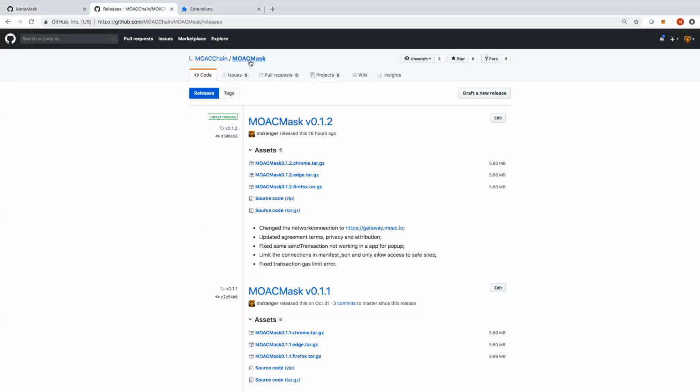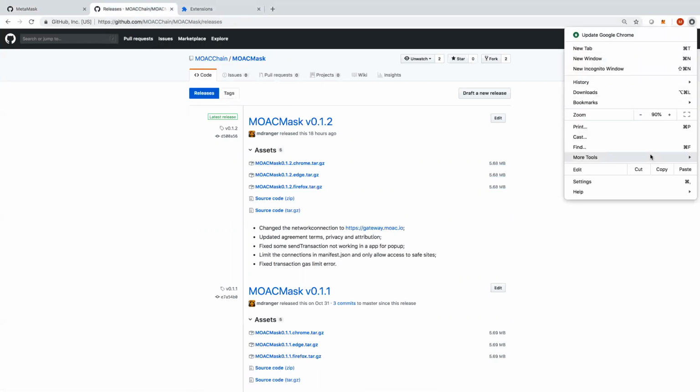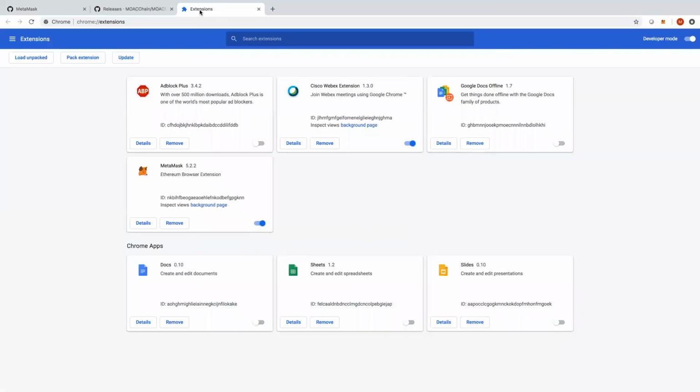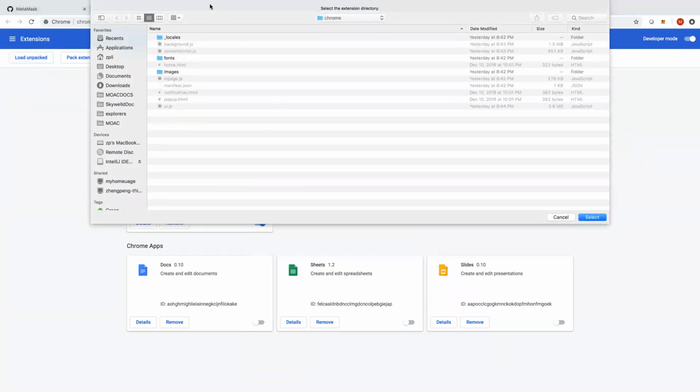You can just go to the web page, MOACchain, MOACMask, GitHub, and then get into the MOACMask release page and download the proper extension for your browser. I already downloaded this one, and we're going to see how to install it. You need to click More Tools, Extensions, just like that. And then you can click Load Unpacked. Basically, load Unpacked, then you need to locate where the